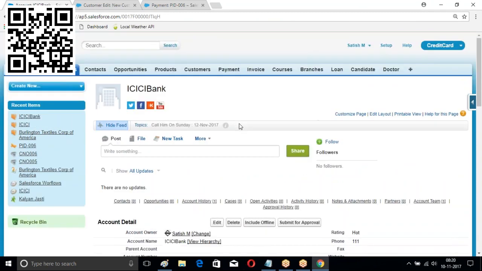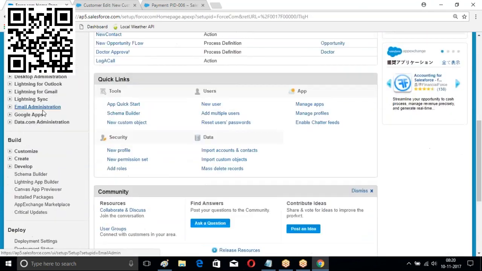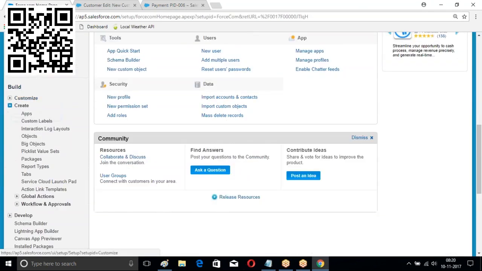What if you want to create your own quick action? All these are existing quick actions. What if you want to create your own quick action? I hope you are clear with this basic information. Set up, build, create,